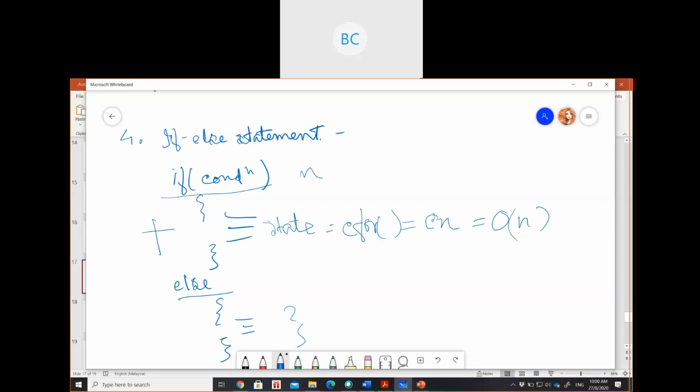So maybe there is one nested for loop inside this else statement. So your time complexity will be O(n square). Just think about the possibility. I'm just telling you a very complicated one. Okay, so what will happen? You are just going to add up these individual values, so time will be O(n square) plus O(n). Maybe there is some other statement as well, we will neglect it. So what will be the actual running time here?